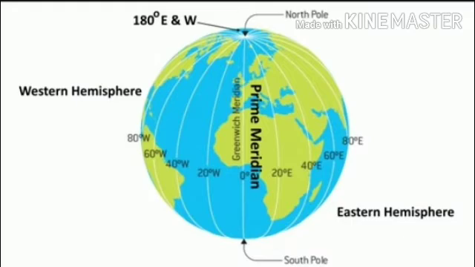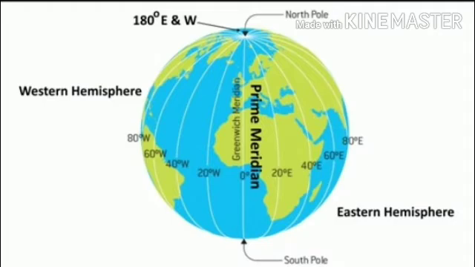Students, in latitudes, the parallel lines which we divide are not of equal size. But in the case of meridians, all the divided parts are of equal size. We measure using east and west, whereas we used the North Pole and South Pole for latitudes. And you all know that we have the equator in latitude. Likewise, in longitude we have the prime meridian.